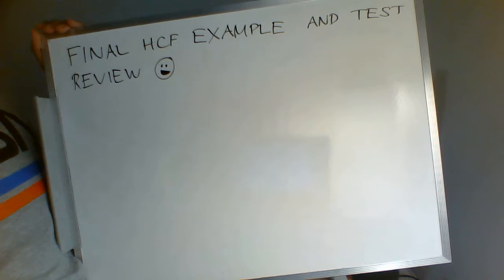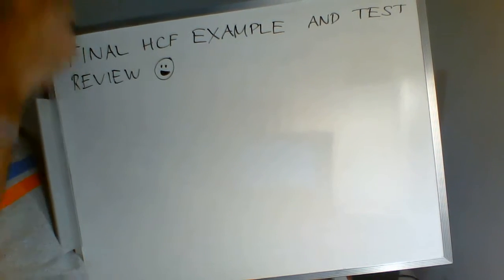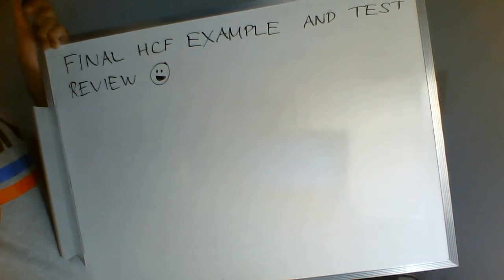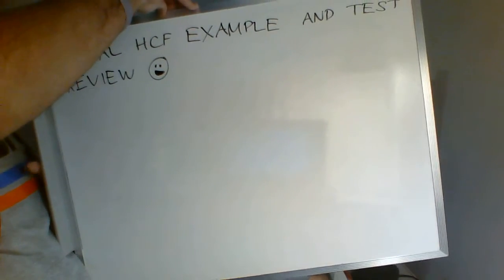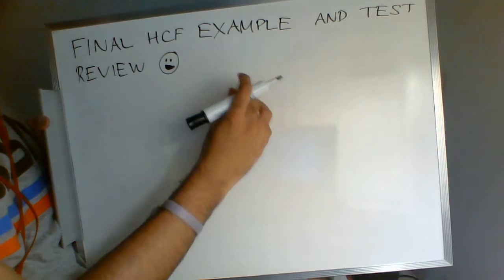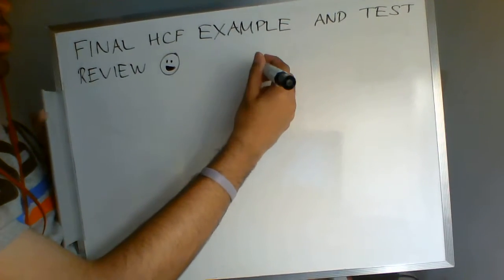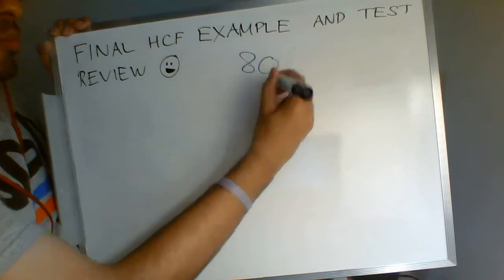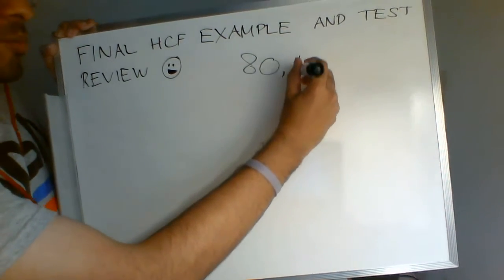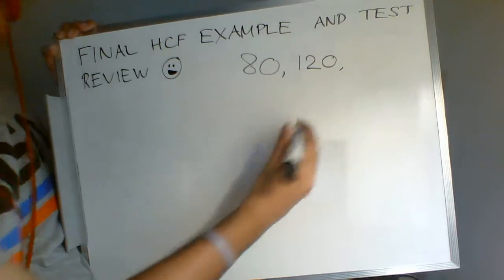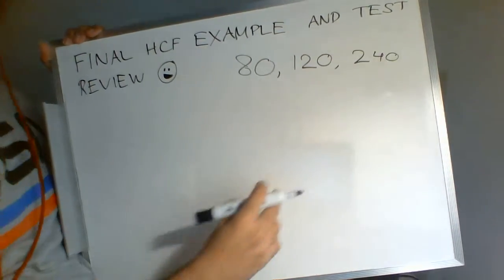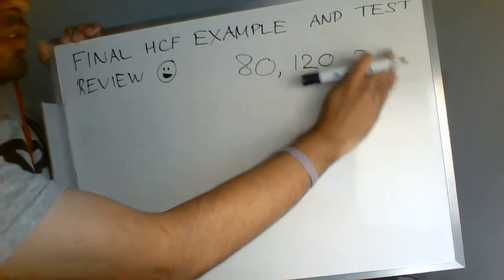But we're going to get into one more example of HCF. It's not anything particularly special, anything that I necessarily wanted you to see. I'm just trying to pick numbers that, if you notice that we got some really small answers for HCF in the previous video, that's because I'm trying to choose numbers where you can't just predict the HCF by staring at it. You know, if I gave you something like